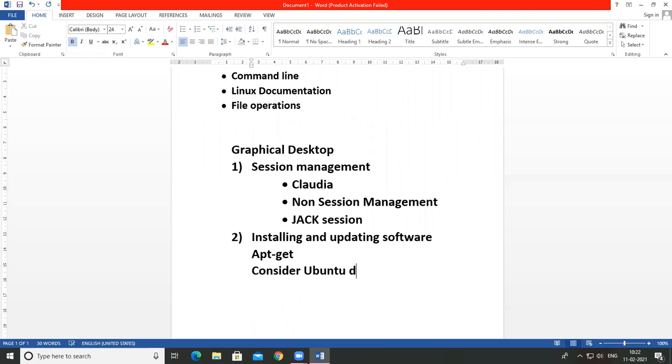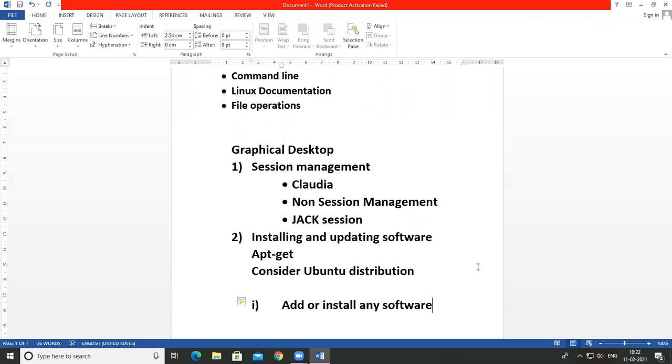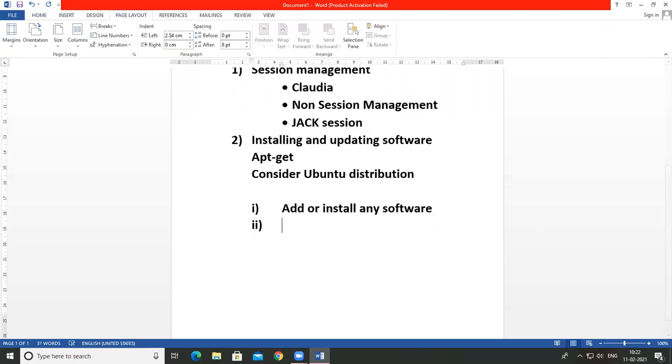Okay, so in that, first option is add or install any software. Okay, just see what type of command is used for adding or installing any software in Ubuntu distribution.